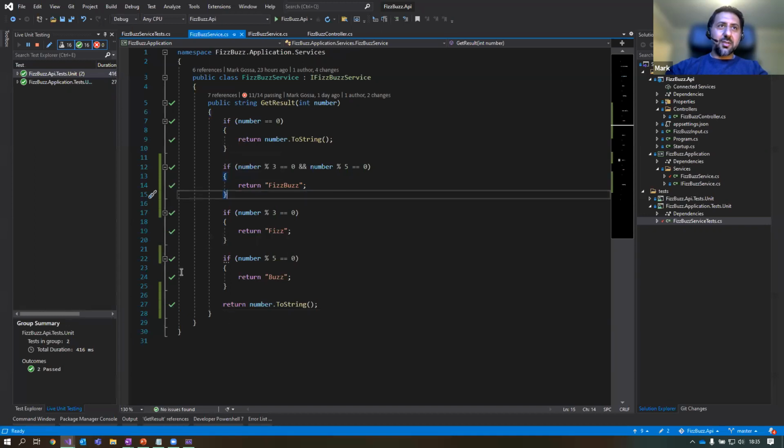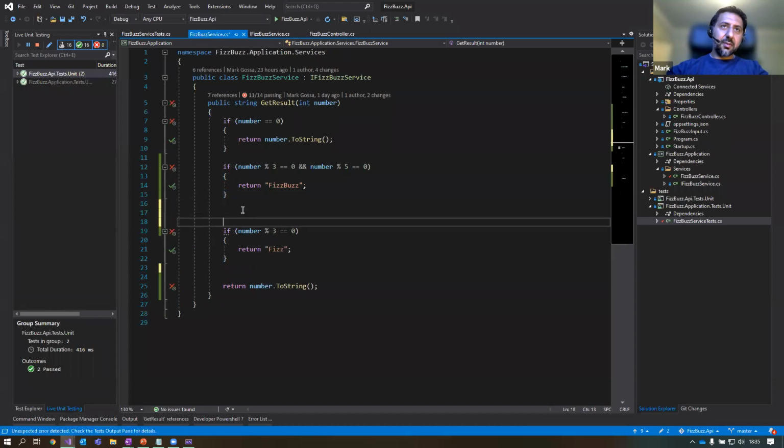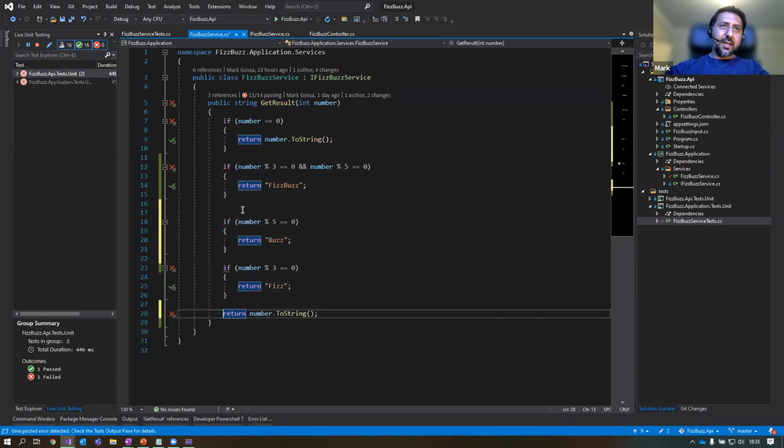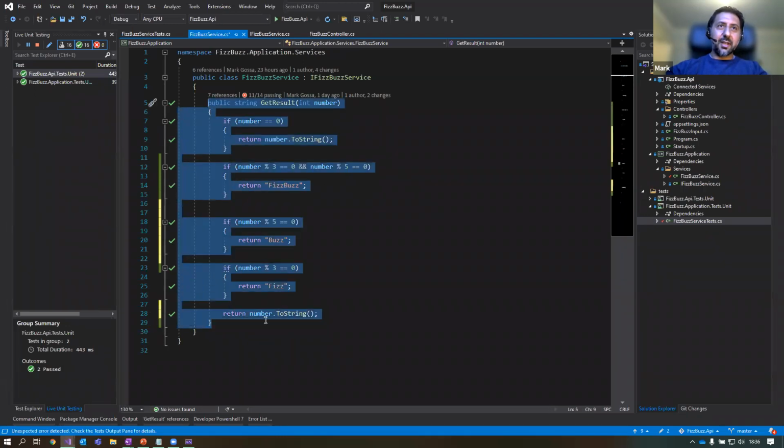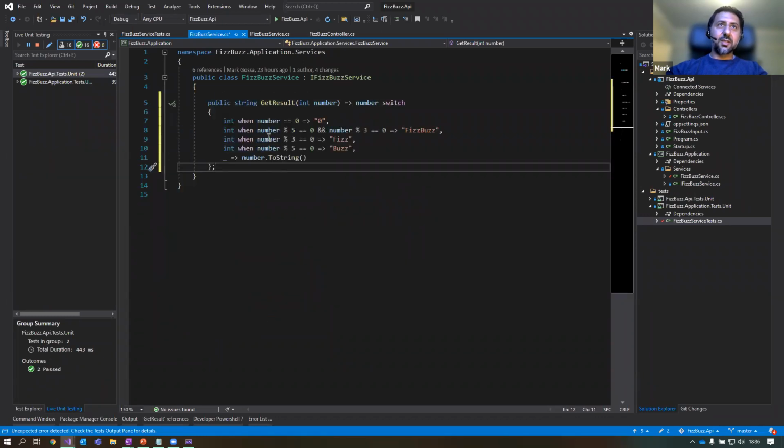But now I've got loads of tests. If I wanted, I can play around with the code a bit. So I can now say, maybe it makes sense for this to go above. So I can put that back there, and it's going to quickly check what I'm doing each time. Or maybe actually, this looks rather long-winded. It's a 24-line method. Maybe I can just refactor and use some of the cool C# 9 features. So this is a switch statement in C# 9. And here again, yep, it's still passing my tests. So I can now play around with it a bit and organize it how I wish.